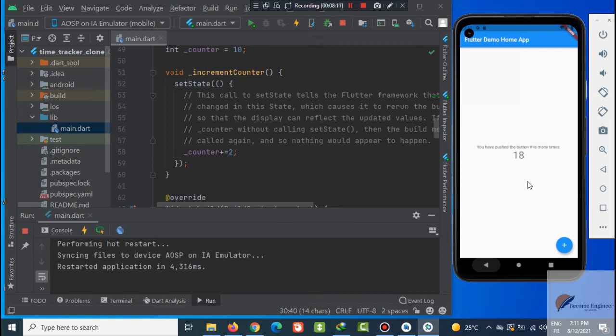A state is data that might vary during the life cycle of that widget. So the state defines the behavior of the widget. So a stateful widget can update its state, and as a consequence the widget itself will be rebuilt.